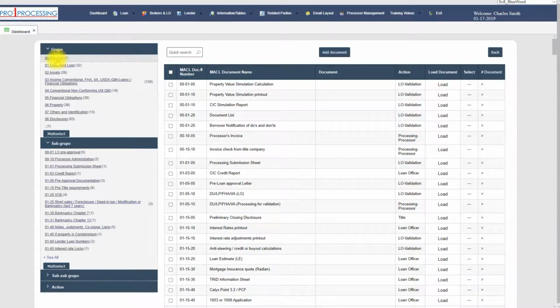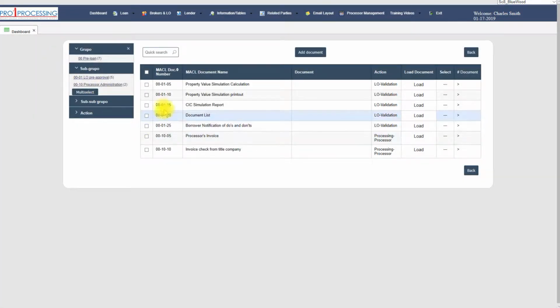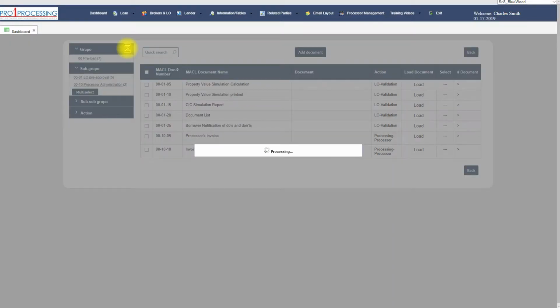We have pre-loan documents, and these pre-loan documents are basically generic documents that we use before we start the loan process, like the CIC simulation. That would be the credit simulations that we do in order to see if we can improve the FICO for our borrower. We go back